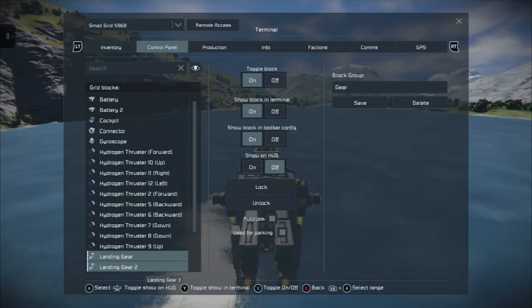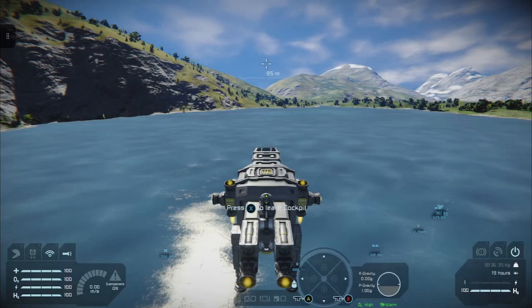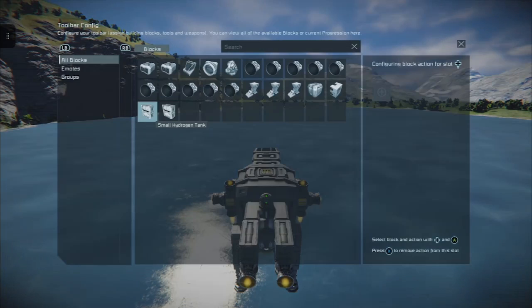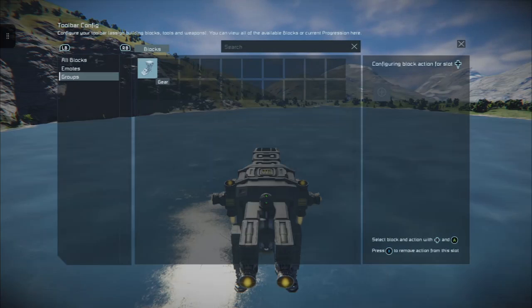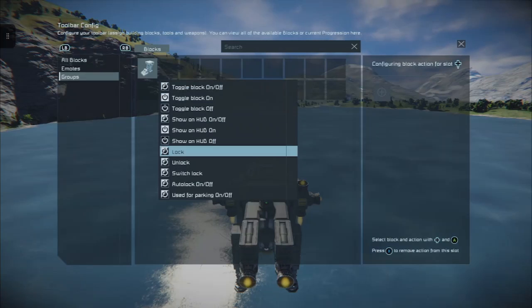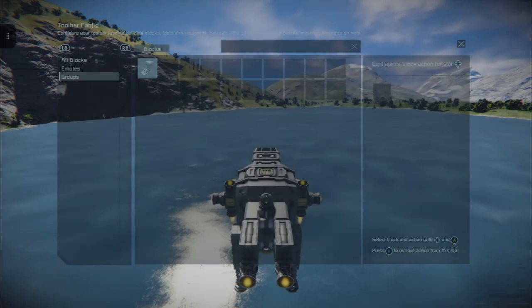And then go back again and turn off auto lock and used for parking, and that will set all of those 3 like that. Then we just want to open the toolbar config. We'll pop it on down on the D-pad, so push down on the D-pad till the toolbar config opens up. Tap the right bumper 3 times, press A on gear and choose the option with A, switch lock.